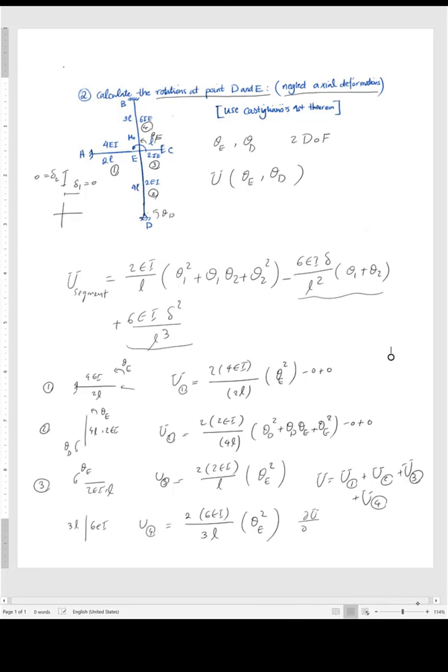Now this will be a function of theta E and theta D, and you can get two equations by writing partial U partial theta D equals 0 because there is no moment here, and partial U partial theta E equals M naught, positive, because this M is in the same direction as theta. So you have two equations, two unknowns, you can easily solve it. Alright,